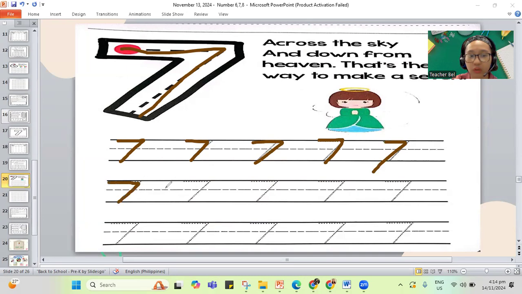Try to follow your lines, the dotted lines for your number 7. This is how you will make your number 7. Remember, across the sky and down from heaven. That's the way to make a 7. So you have your number 7.